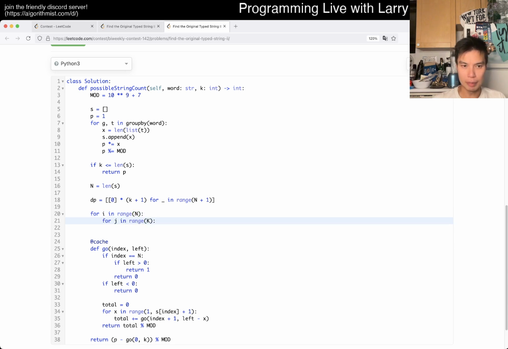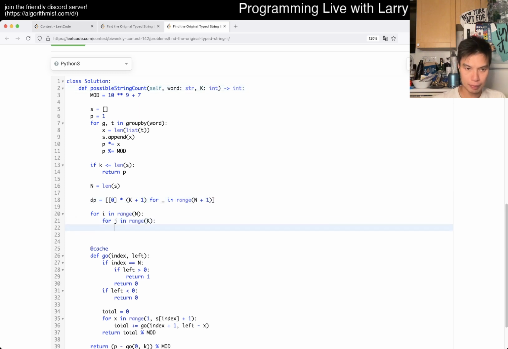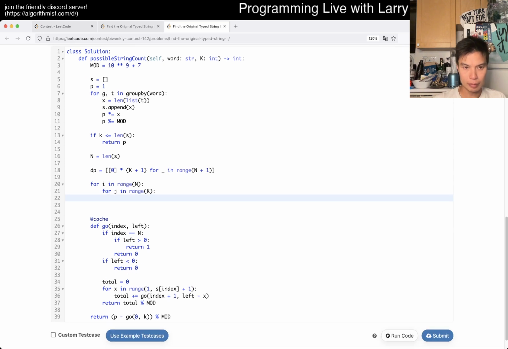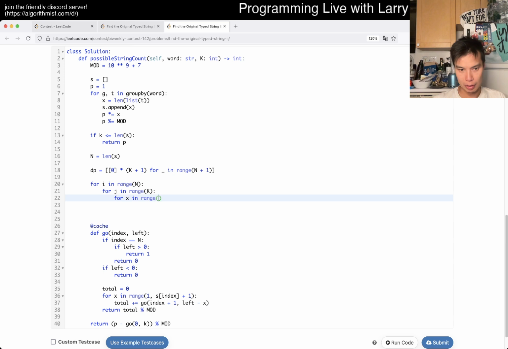Did I not change this to big K? Let's change this to big K. Okay, write the dumb solution first, and then we can focus on it later.